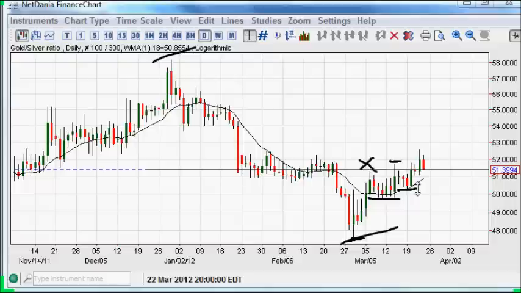A higher low again. So you see what's happening is by making the higher low, coming back to this level, you are increasing the probability odds that this level gets taken out. It has now, and what's currently being played is this level being held as support. And if this level is held as support, and you can see the further gains, you would be expecting this to go up to the